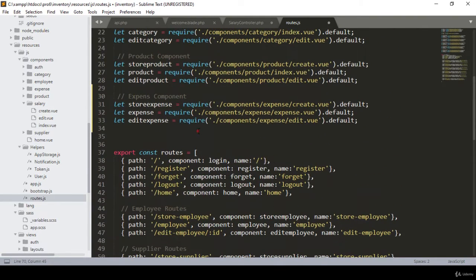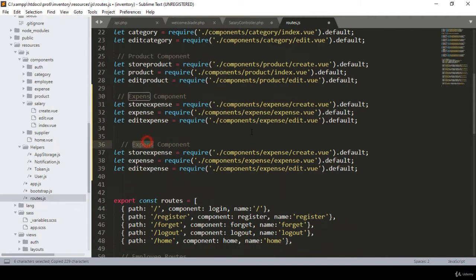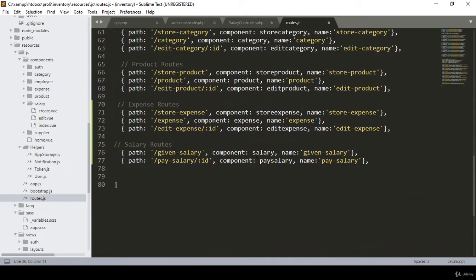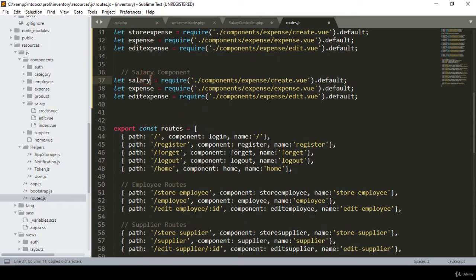So now we have to define two of these routes. So here better I need to copy it, and after this I just simply paste it, it should be as a salary. So I just simply define as a salary, and then also here I have defined that part. So here I define as a salary, right? And for the salary I have already created one of the folder. I have already created another folder as a salary. Into the salary folder,